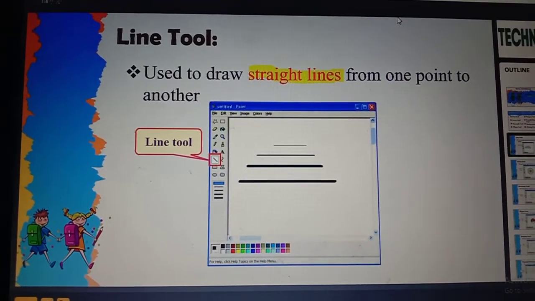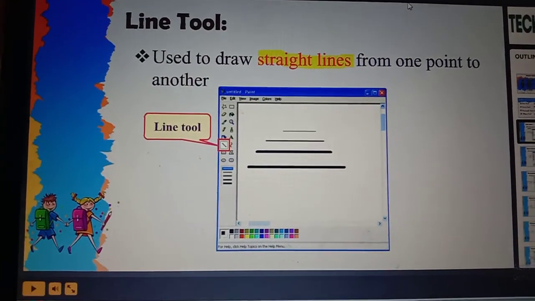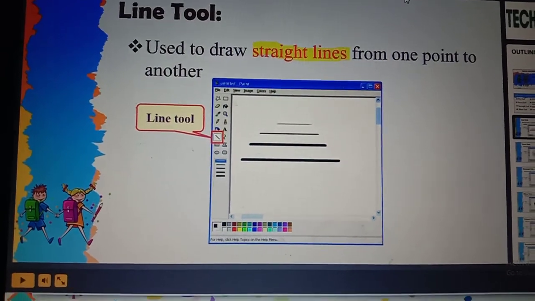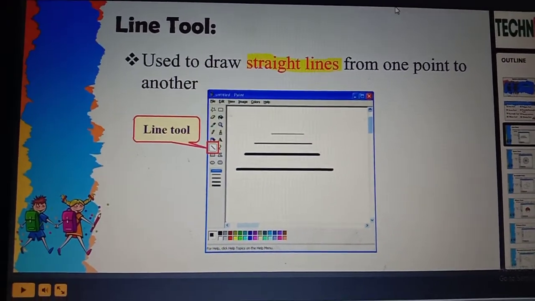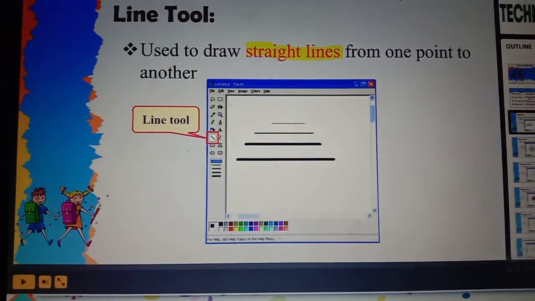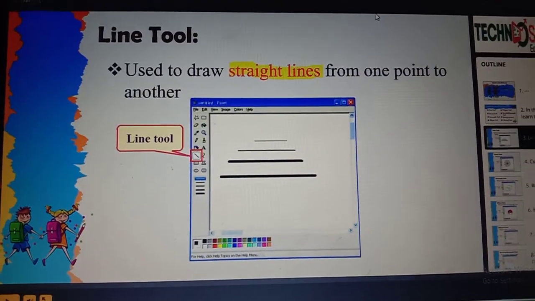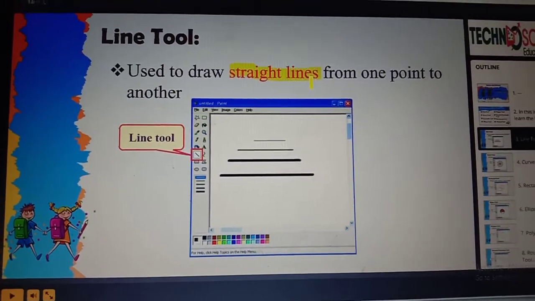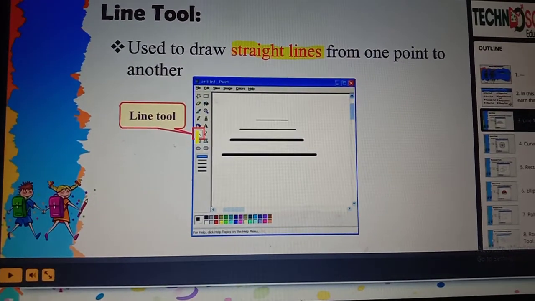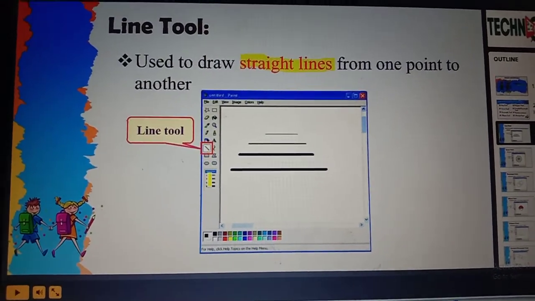We start at a point and start drawing. So from one point to another, we draw a straight line, right? Okay. The line tool is nothing but a tool used to draw a straight line from one point to another, and this is our line tool icon.